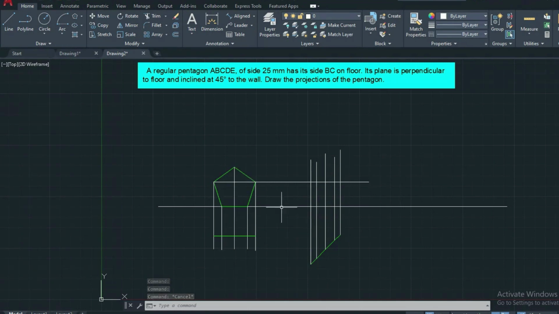This is B, so the B intersection is over here. Then this is C, and the C intersection is over here. Then the D intersection. Then this one is E, the final edge. The E will come at the center line. So that intersection line we need to make.